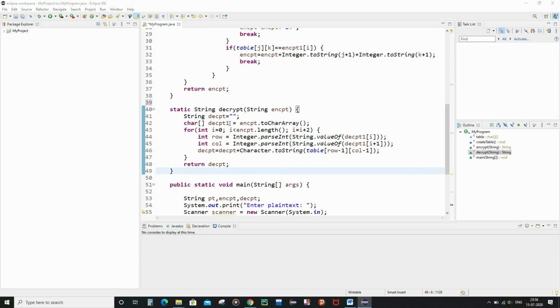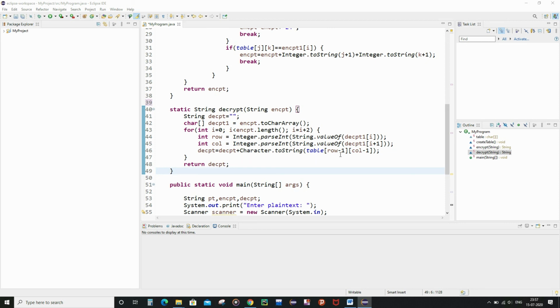Beginning from the first character itself, for each of such pairs, for the first character of each pair, we are going to convert it to the integer equivalent. It will be in the form of a string, right? And after converting to the integer equivalent, we are going to store it inside the integer row. And for the second character of each pair, we are going to convert it to integer and store it inside the column integer.